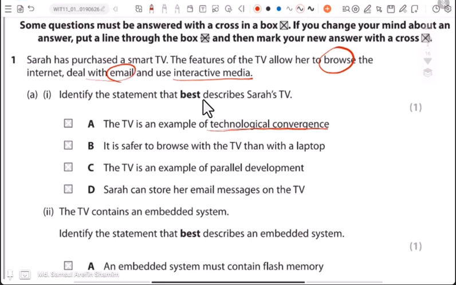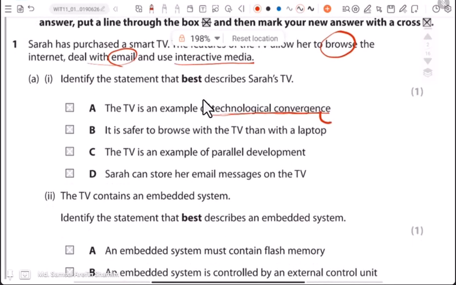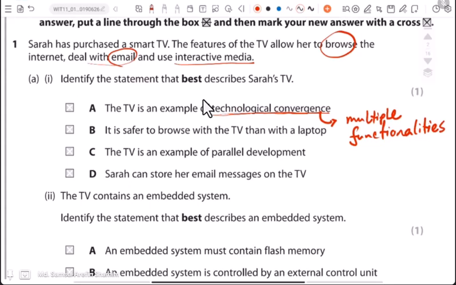If you don't know about technological convergence, in simple words we can say it means multiple functionalities in one device. For example,